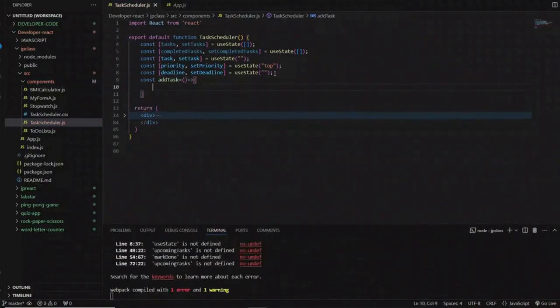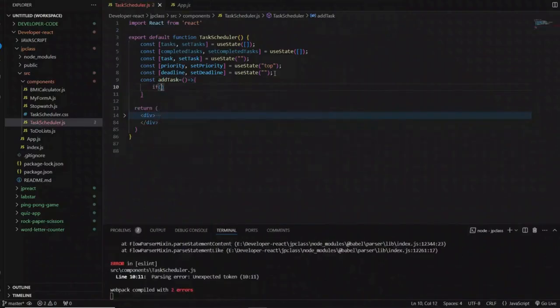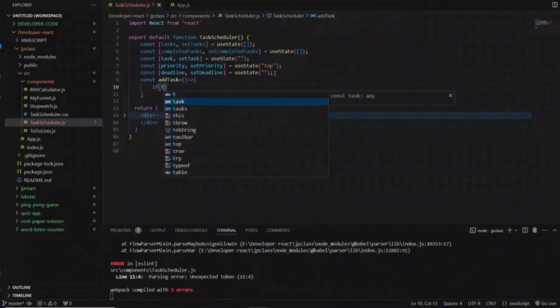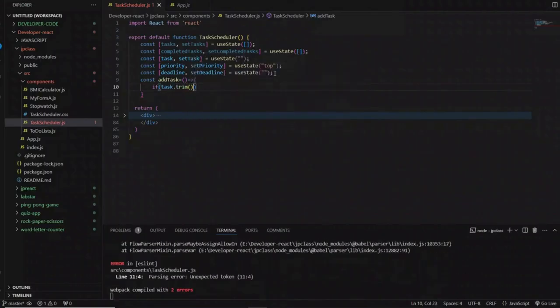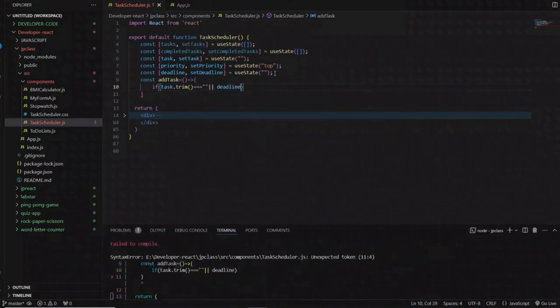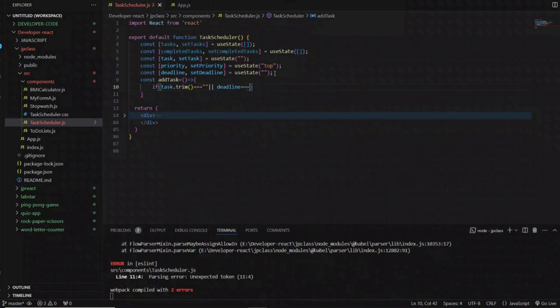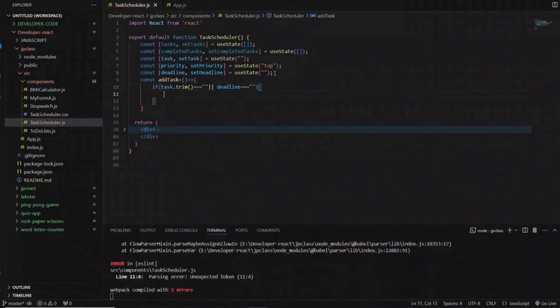In this function, if task dot trim equal to empty or deadline equal to empty, then we print